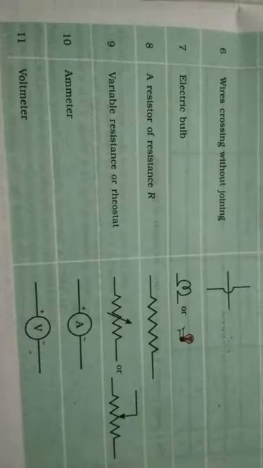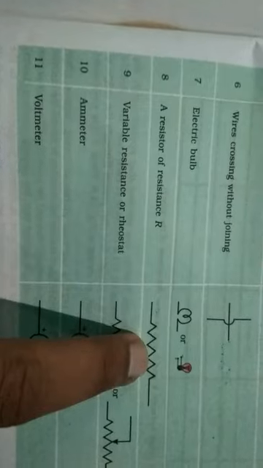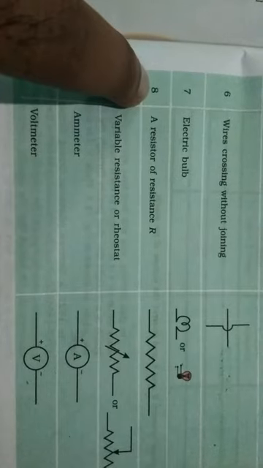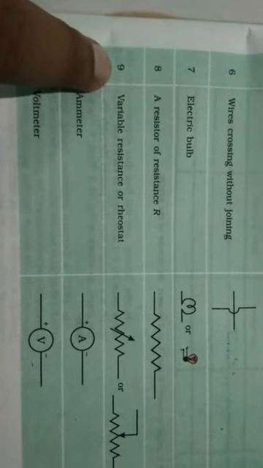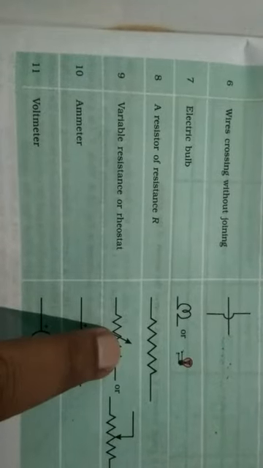Next very important point. Resistor or resistance. The symbol of a resistor or resistance is this zigzag manner, with capital R. Exactly, point number 8, you can see fixed resistance: 20 ohm, 30 ohm like that. But if you see point number 9, variable resistance, also called a rheostat. Very useful diagram, remember. This arrow mark indicates the resistance is not constant, it is variable. Here I am saying 20, 30, that is constant, but here it is changing.